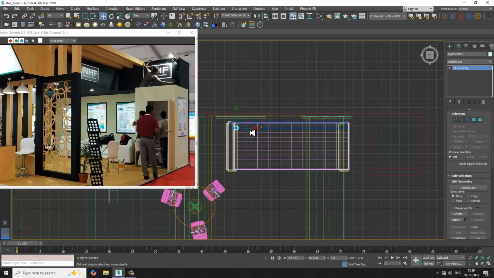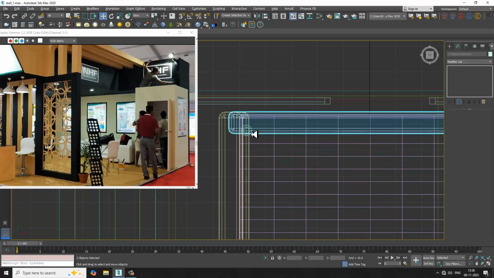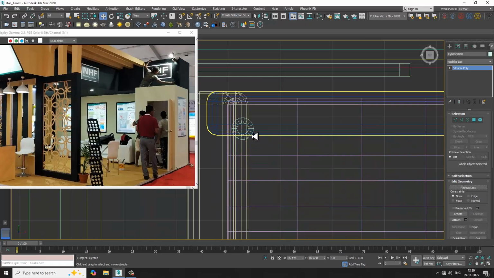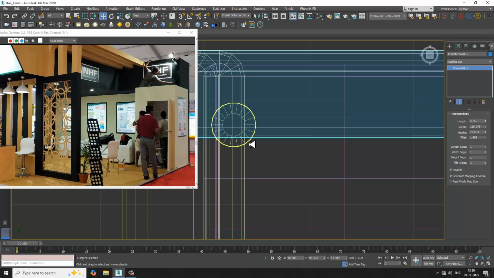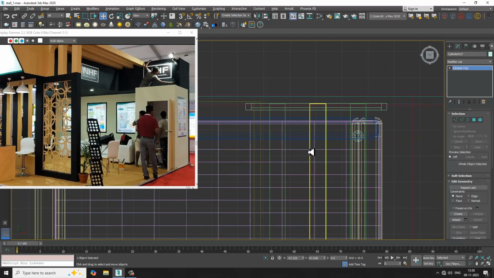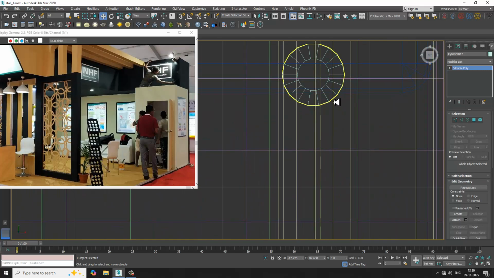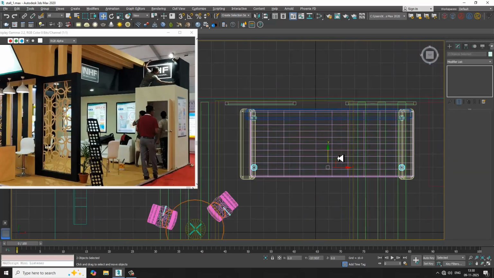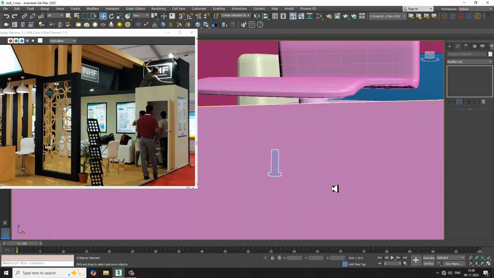I'll just shift and drag it. I'll make a copy of it. So I'll just shift and drag it. So once it is done,